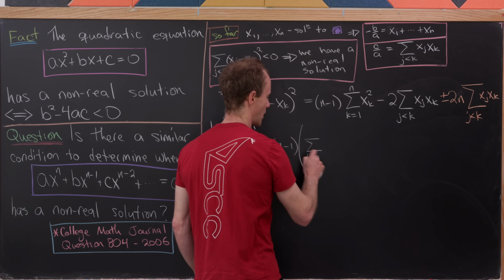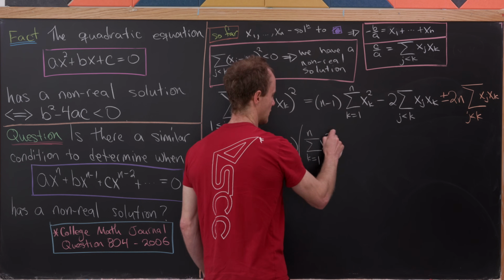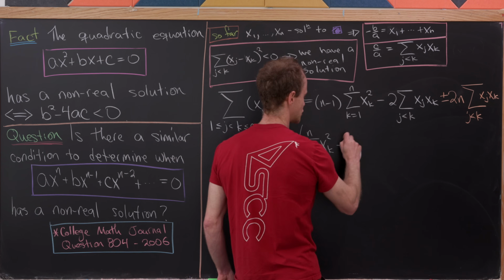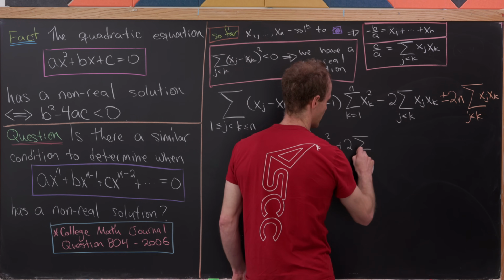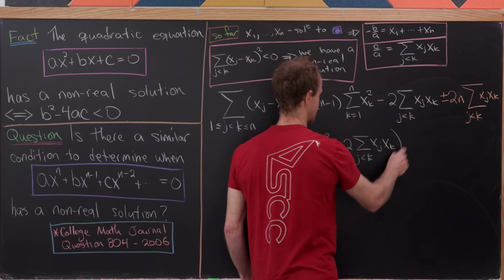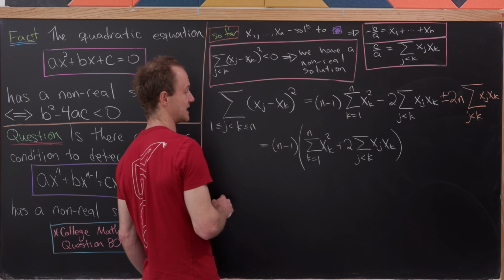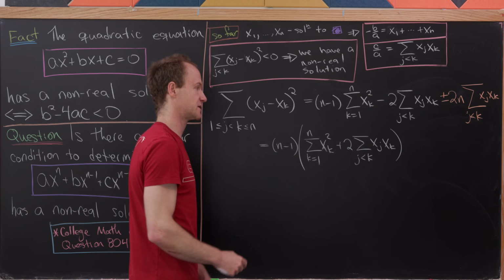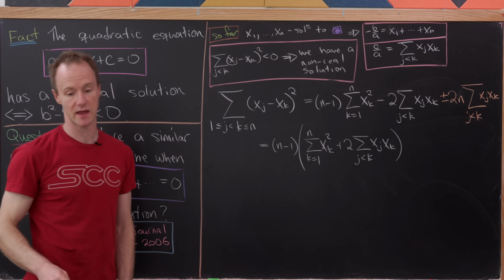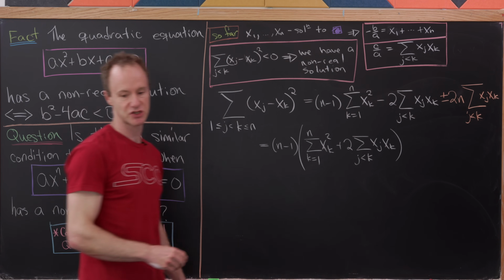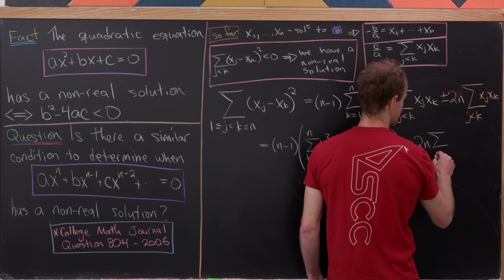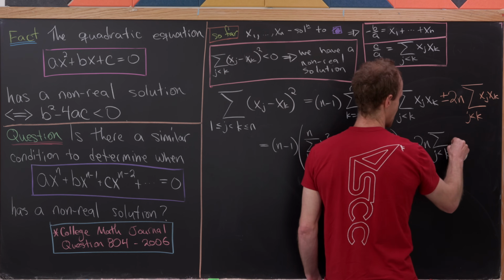We'll have the sum of all of the squares, so as k goes from 1 to n of xk squared. And then we'll have twice the sum over all j less than k of xj, xk. So that's 2 times n minus 2 of those terms. So that's going to eat up this minus 2 and that plus 2n. But that means we've got that minus 2n left over. So let's write that as minus 2 times n, and then this sum as j is less than k of